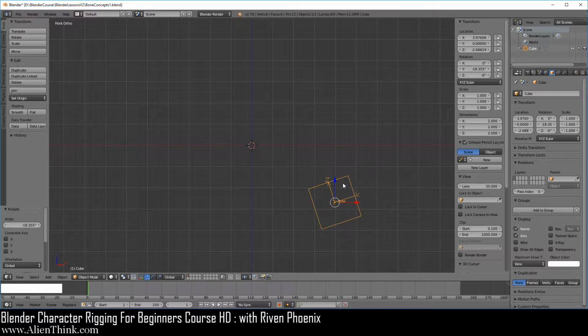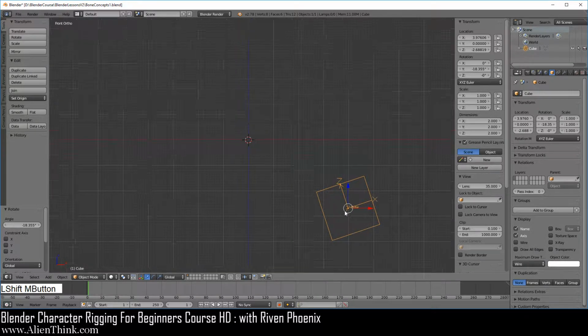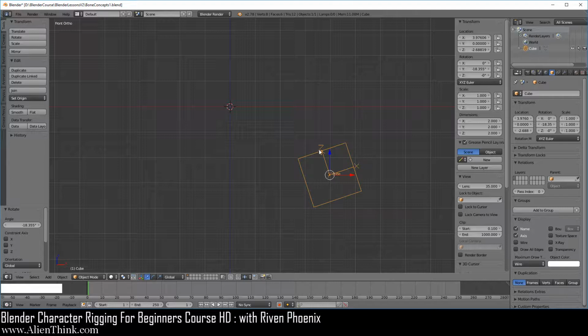Now, in order to move this object along the local axis, the axis that is being displayed on it, basically on the origin point, we have to use the 3D manipulator. There's no other way to move this object without the 3D manipulator on its local axis.